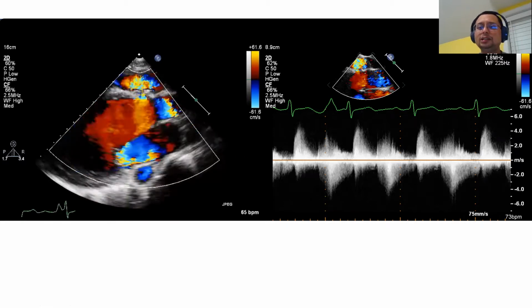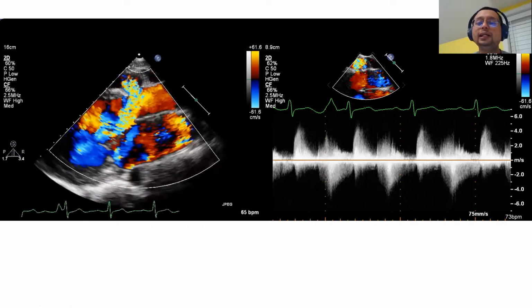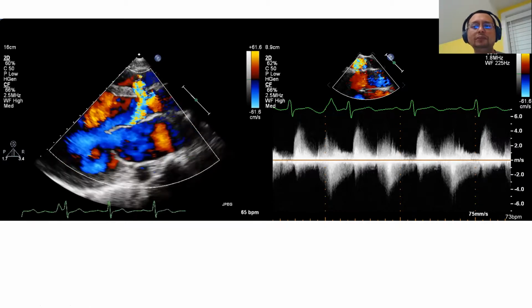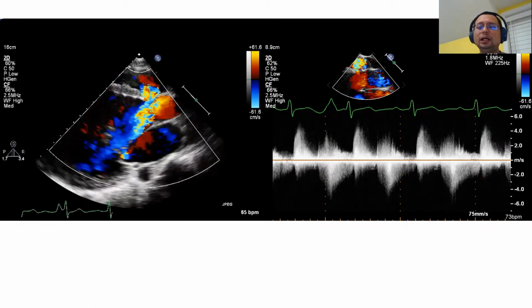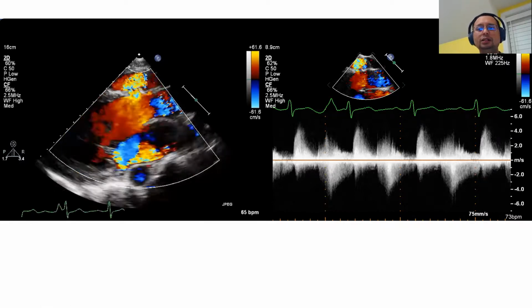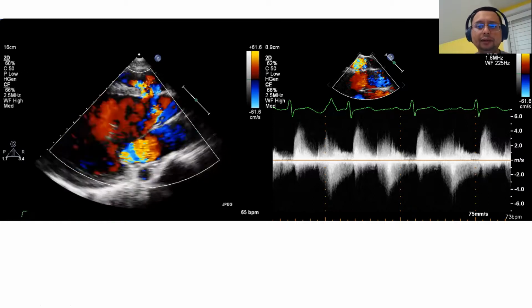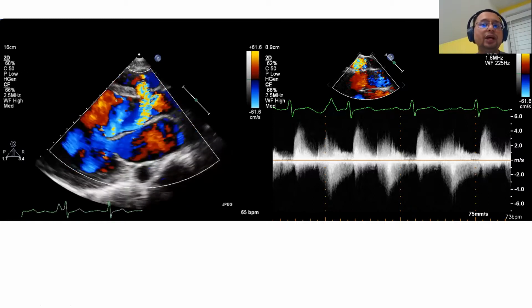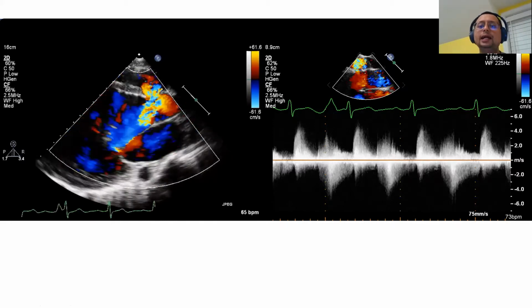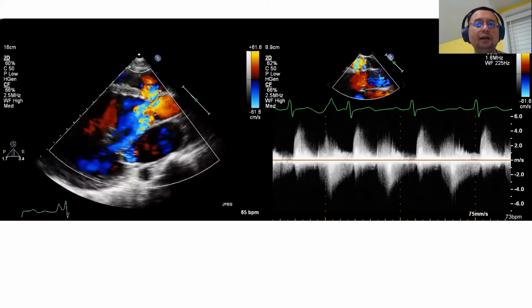One is patent ductus arteriosus. So any connection from great arteries causes continuous murmur. So PDA is from descending aorta to the pulmonary artery. Another reason is if you have Blalock-Taussig shunt from right subclavian artery to the pulmonary artery. Okay, the other one, of course, if you have coronary artery fistula, also you can have continuous murmur. And lastly is sinus of Valsalva rupture.